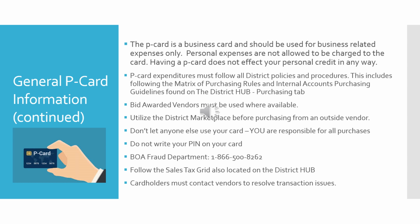You are also responsible for calling Bank of America to file a claim due to any suspected fraudulent activity on your card. Their claims department number is 1-866-500-8262. You will need a verification ID and phone number associated with your account. The verification ID and phone number are given to you at the time you receive your card. Please do not throw this information away. If you have forgotten this information, please contact the purchasing support team at